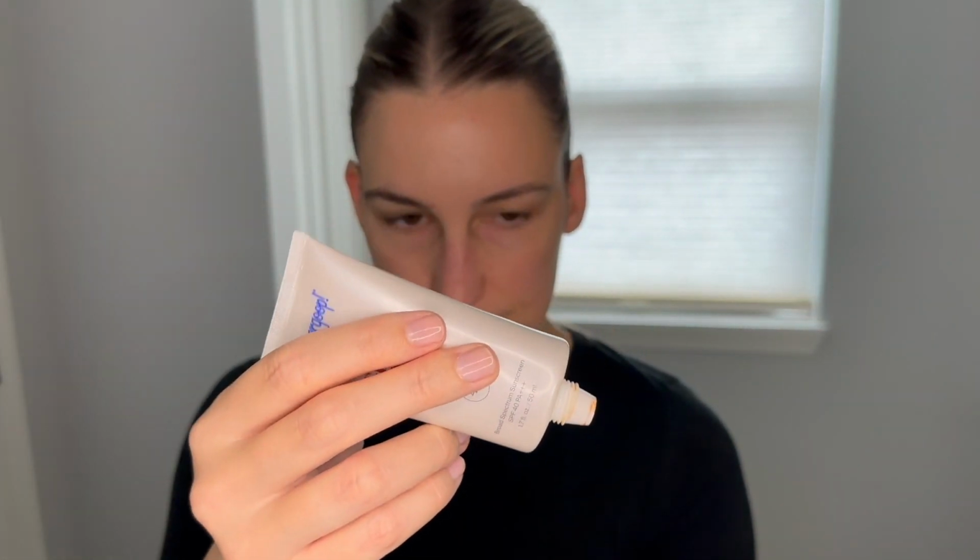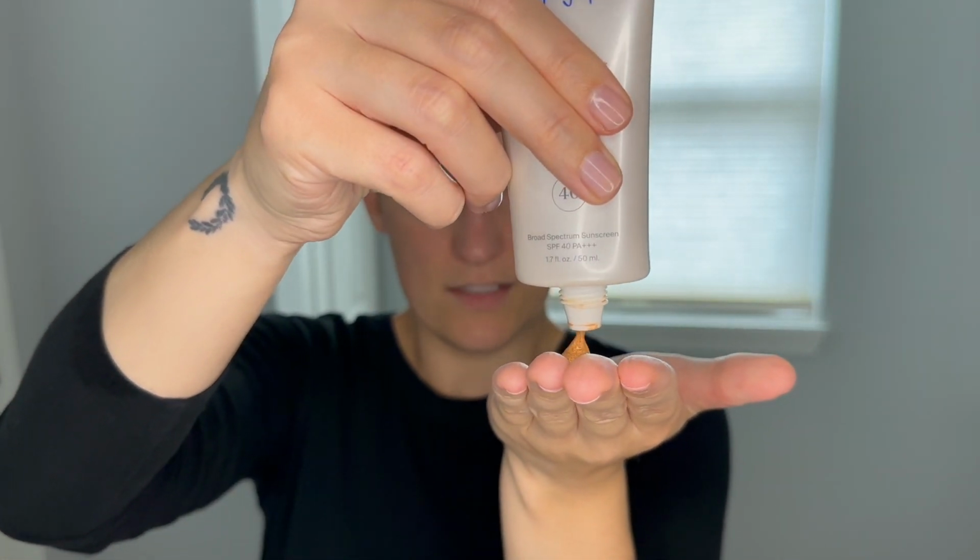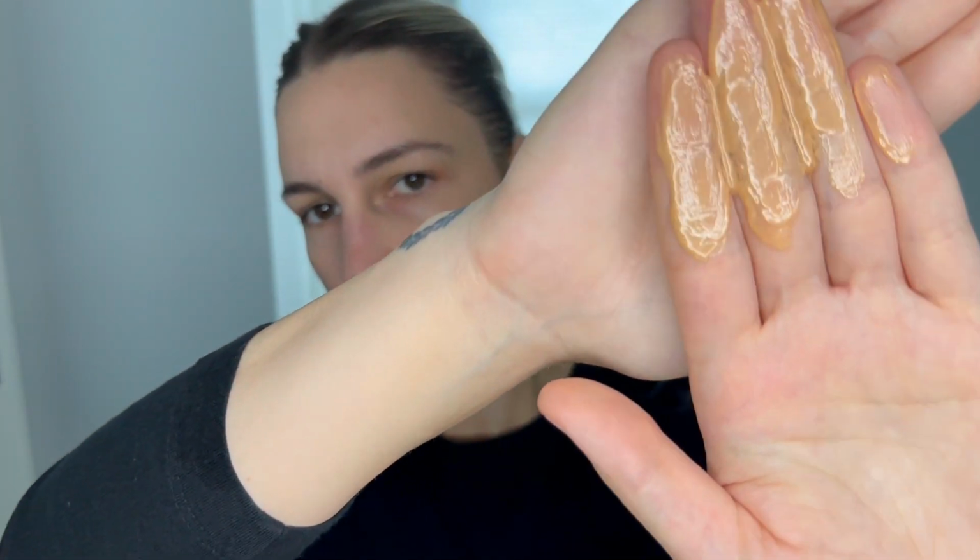Something really important to do before is definitely shake it. The ingredients within here do tend to separate, so it's important that you shake it. And I'll just go ahead and twist this off. Do probably about a dime size amount. I'll give you a little look here. So this will give me a nice natural glow and the peace of mind that I'm wearing SPF 40 underneath